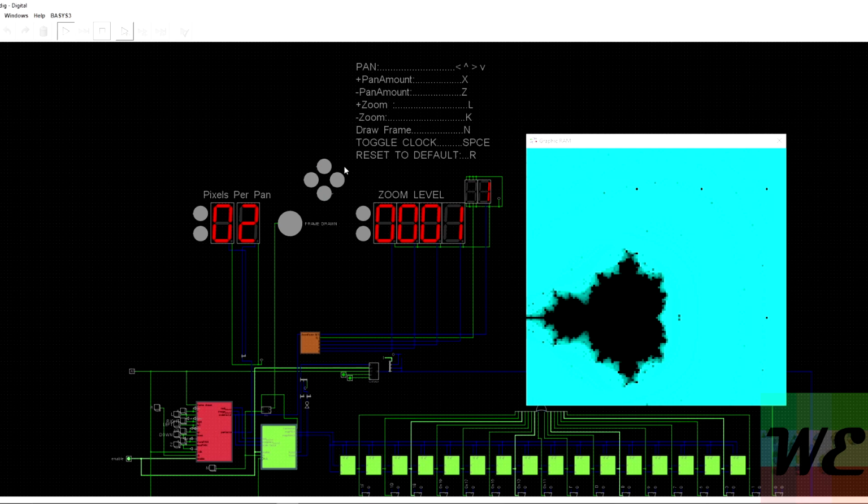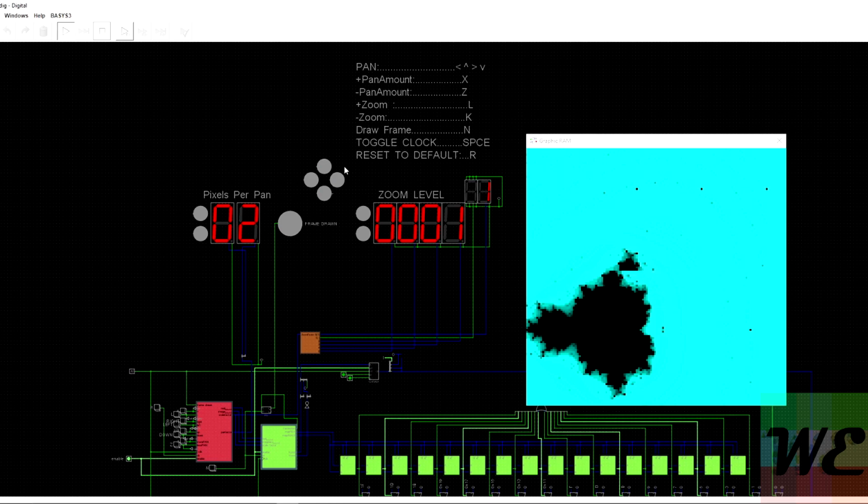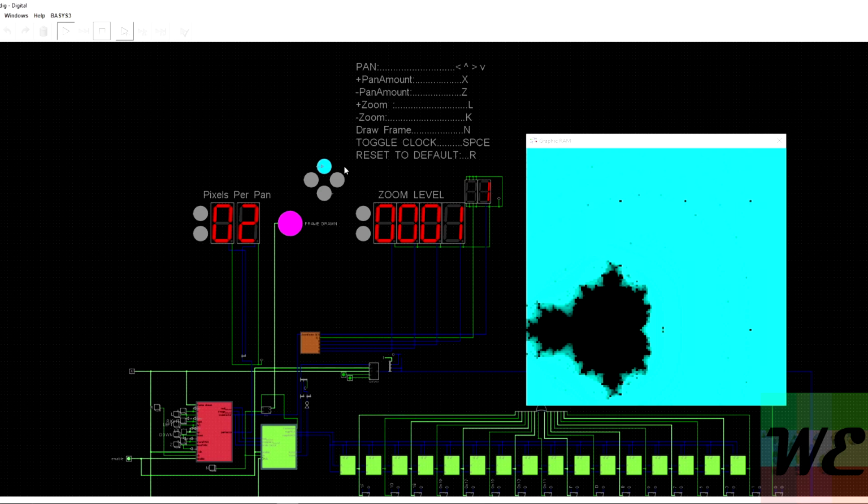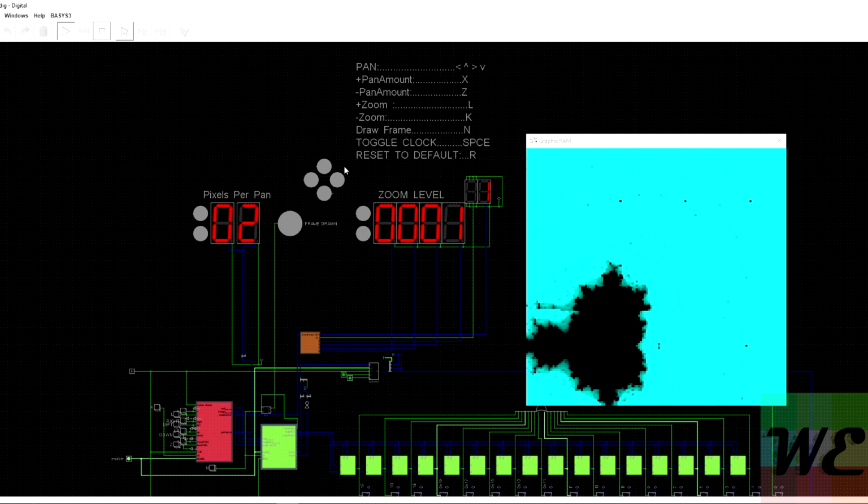You can also pan around while it's drawing the current frame, but it screws up the drawing and you have to redraw for the rest of the frame. So we're moving it, trying to get the Valley of the Seahorses over to the bottom left corner.